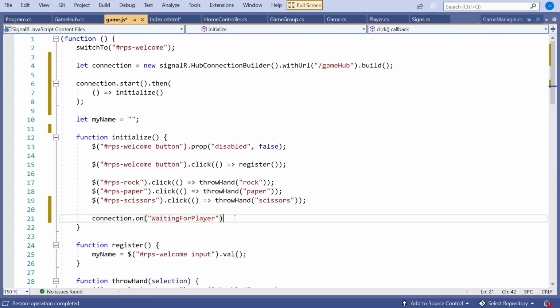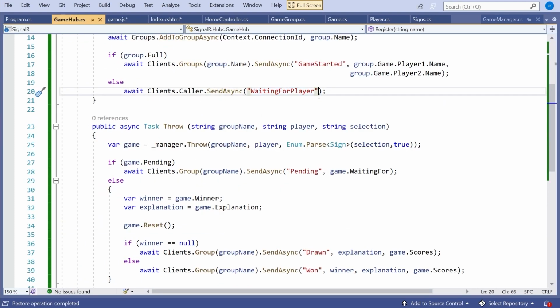The second parameter in here is going to be, again, a lambda taking no parameters, because waiting for player didn't send any additional parameters. You've got to match these up by hand, but that's what we're doing.